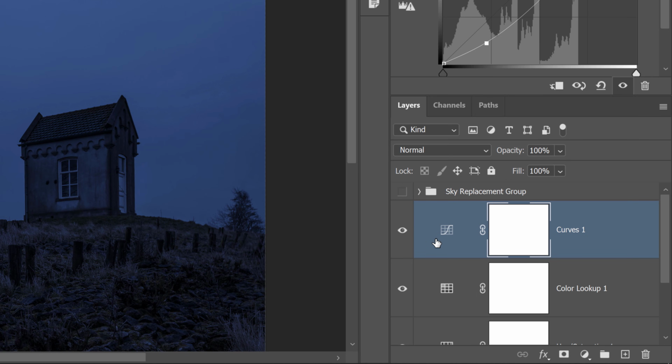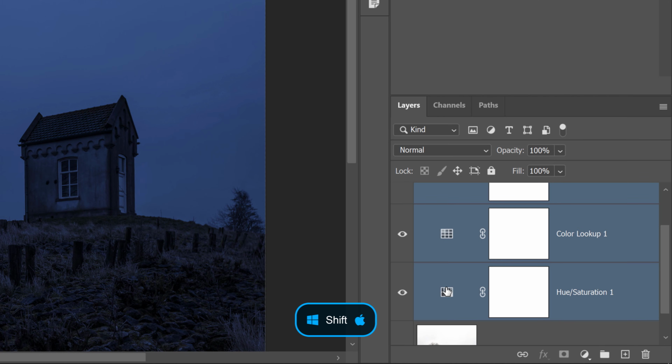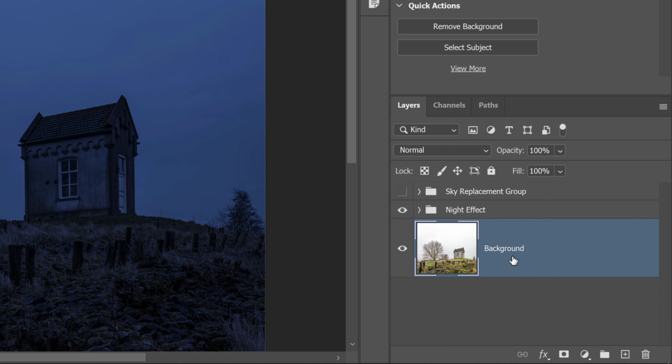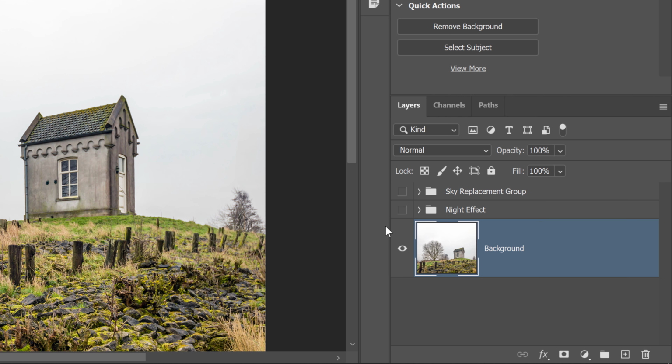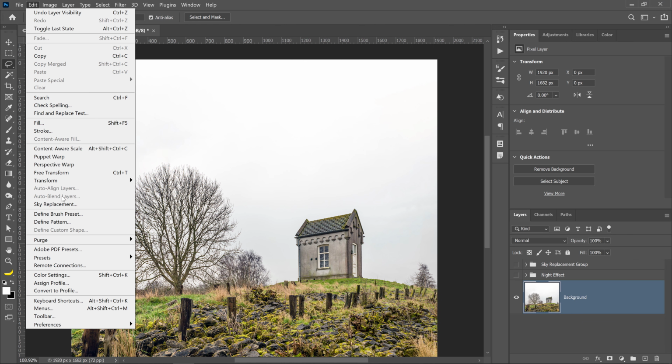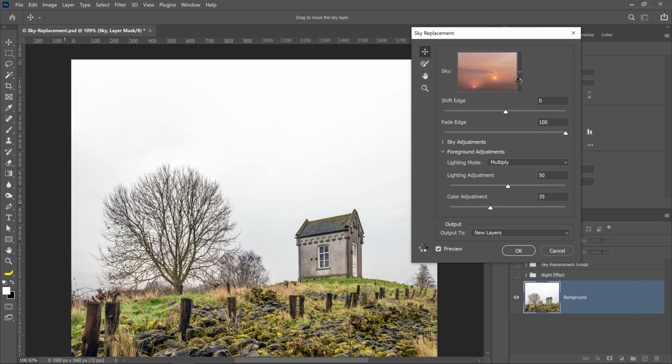So what I'll do is I'll select that top layer, hold Shift, click on the bottom layer, then press Control G on Windows, Command G on the Mac, and put that into a group. I'll call the group Night Effect. And next, I can select the background layer. I'll disable the Night Effect group, and with my background layer selected, I'll go into Edit, Sky Replacement, and I'll